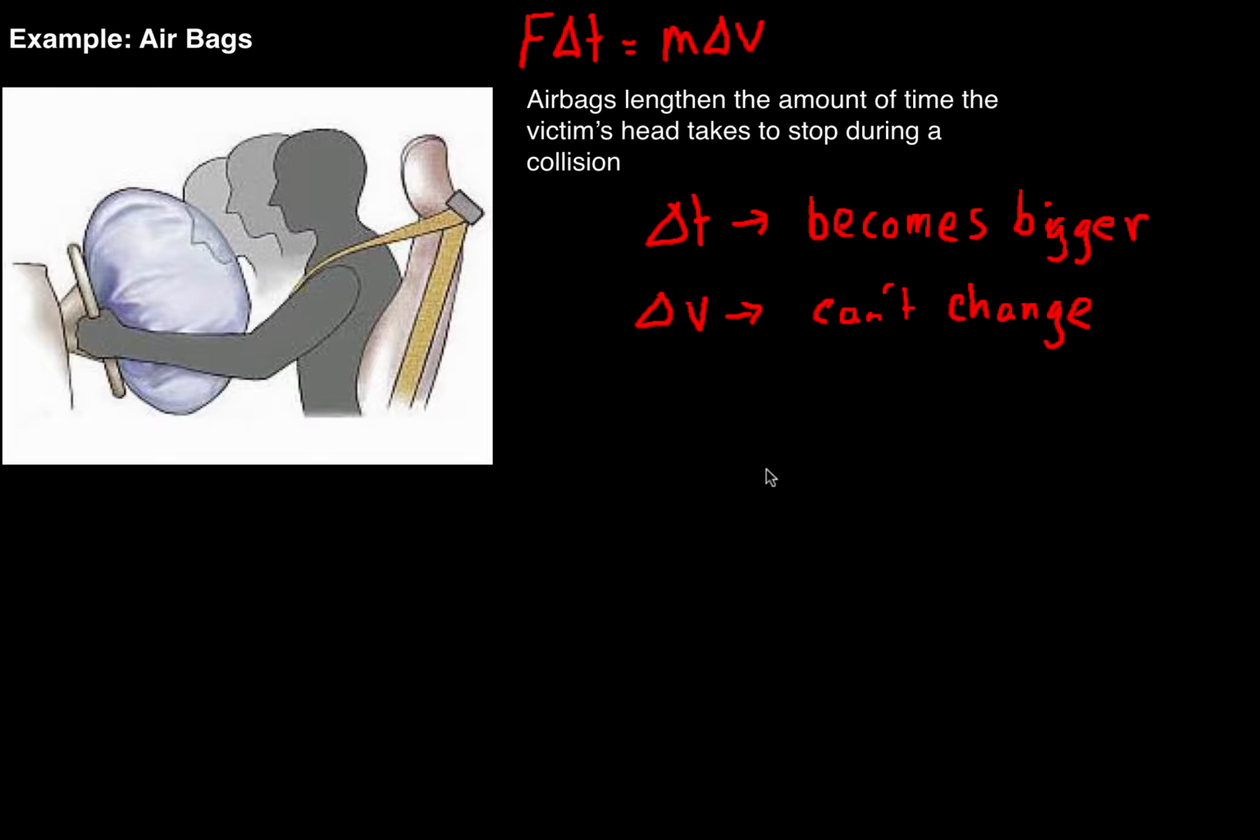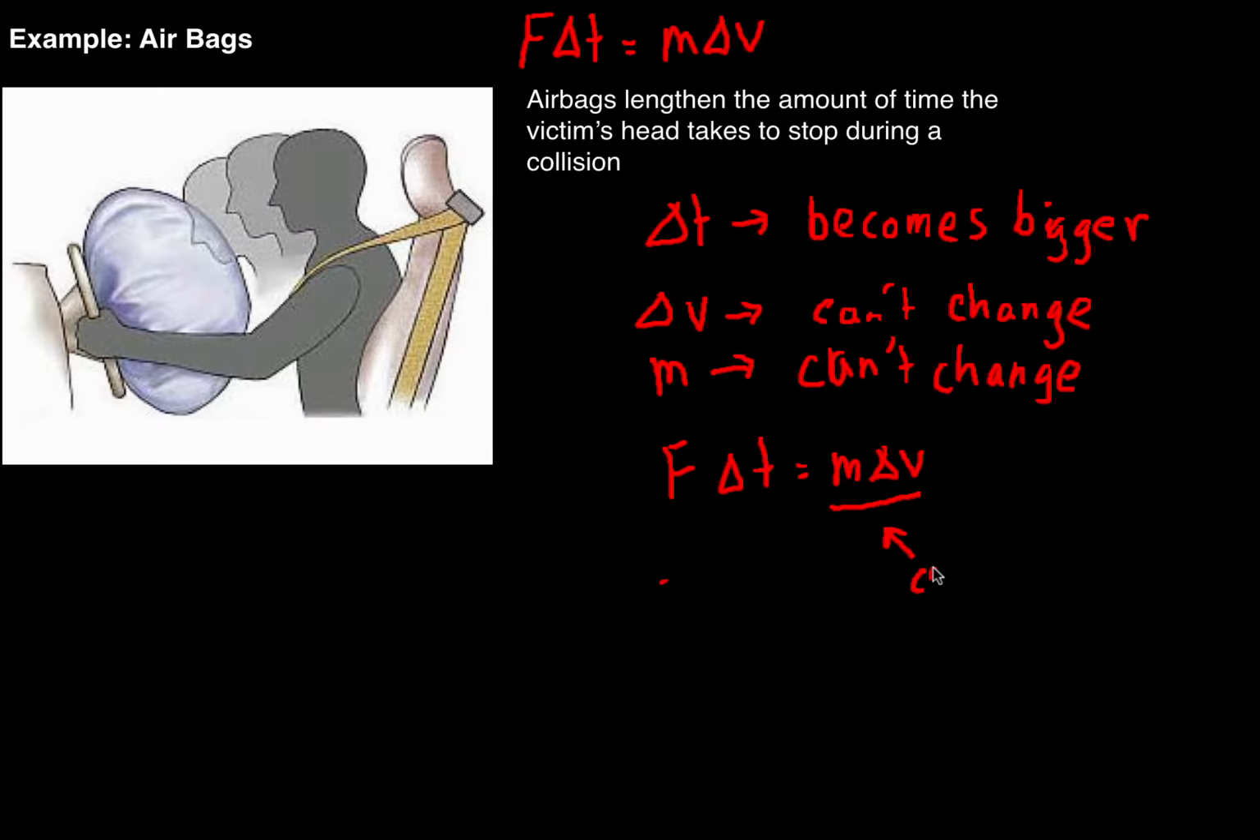The airbag isn't going to change the speed you were originally going at, and is not going to change the fact that you stop. Also, the mass can't change due to the airbag. The airbag isn't going to change the mass of your head at all. There's nothing that can be done, it's your head. So the only thing that can change is the force. In order for F delta t to be m delta v, where the m delta v can't change, stays the same,